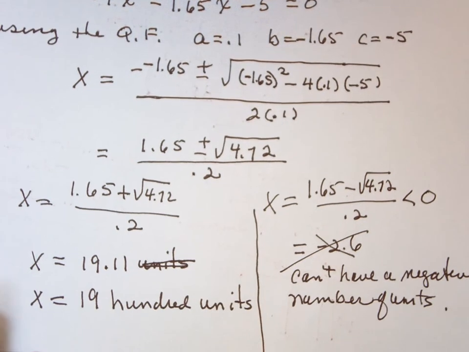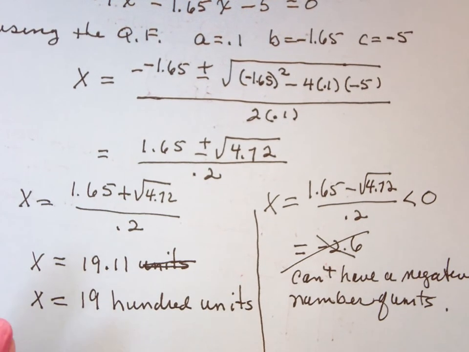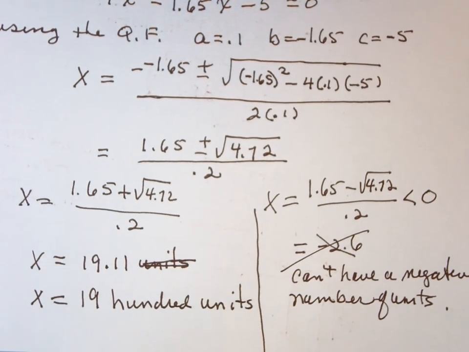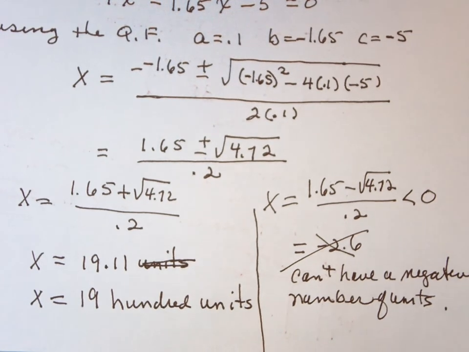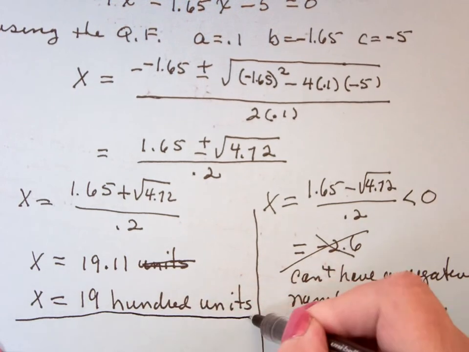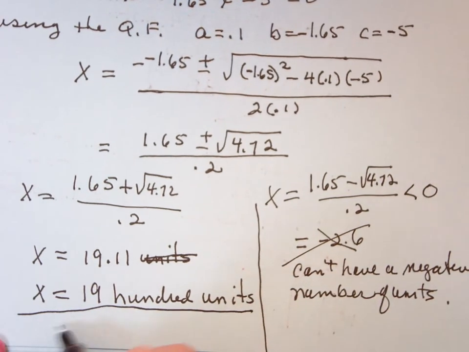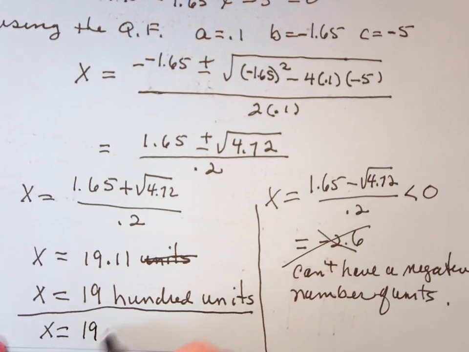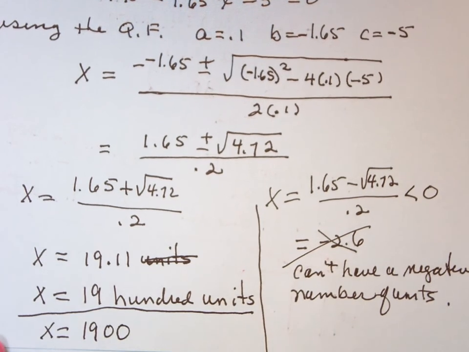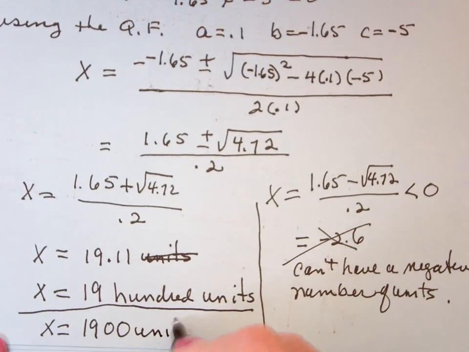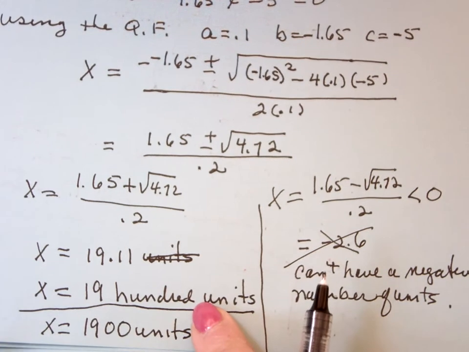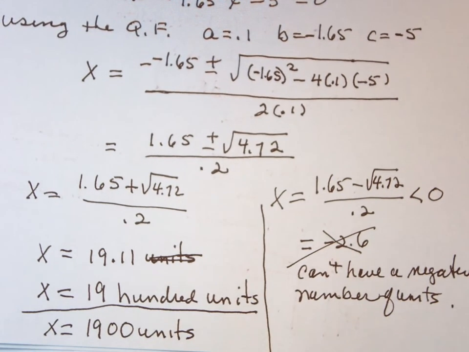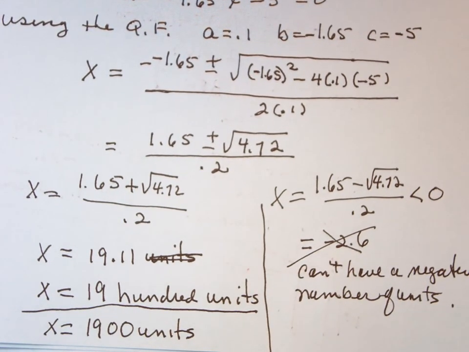See, even if they were defective, they wouldn't be considered a negative number of units, because you're still producing units. You just can't sell them because they're defective. So the answer would be 1,900 units, or you could write it as 1,900 because 100 implies 2 zeros. This is a tricky problem, and